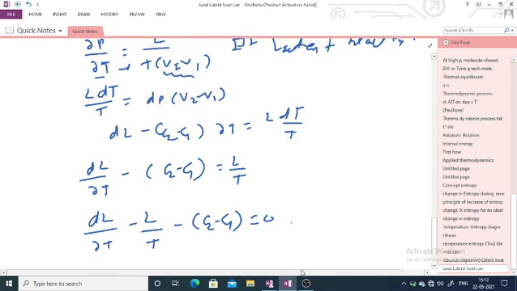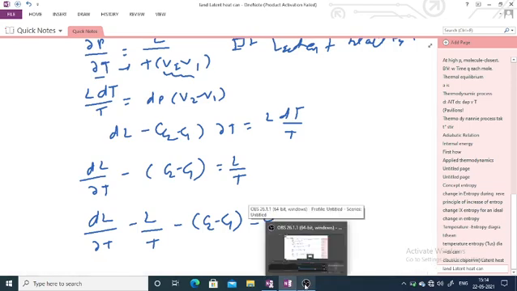So this is about your latent heat equations, which you should understand, and with this we finish your second chapter. Only the problems remain, which we will see in one lecture, taking problems for the first and second chapters.